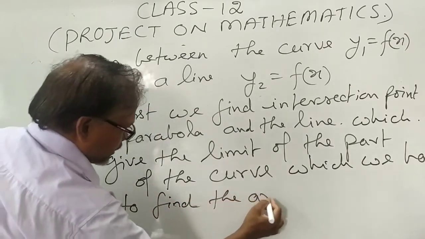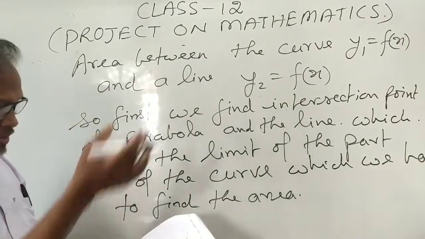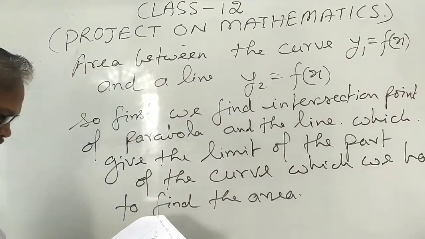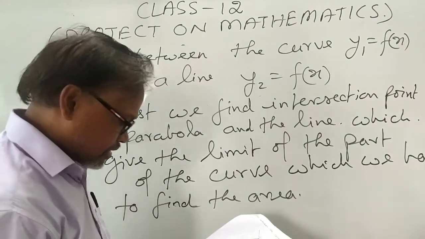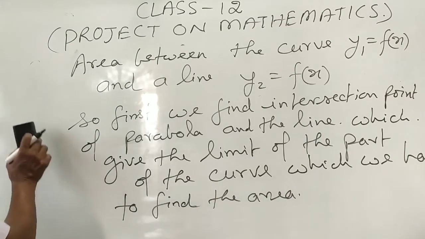Now अब वो हमने, then we draw the rough sketch of the curve and the line in the same graph and draw the region between the curve and the line. Then, now from the graph,